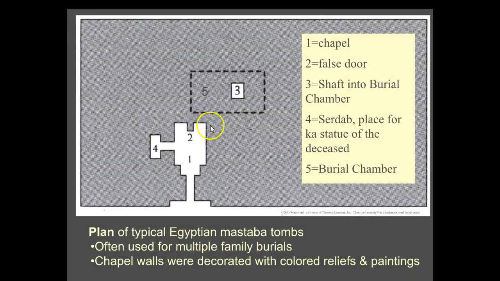What they believed is that the spirits of the deceased would come back and visit through that hole. And typically in the burial chambers, or in the chapel, they would leave food and gifts like that, and they would come back and eat and then go back to the afterlife. The Ka statue was found here. A Ka statue is believed to house the soul of the dead person. That's where they would come back and visit.